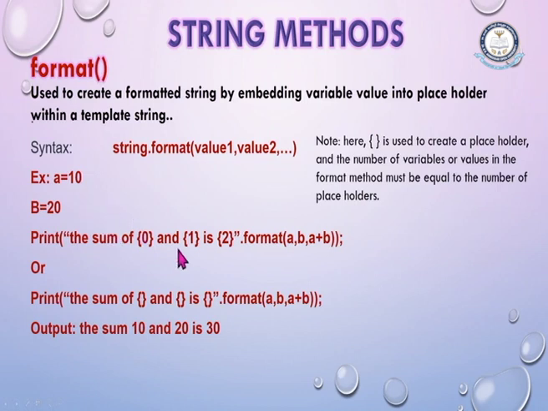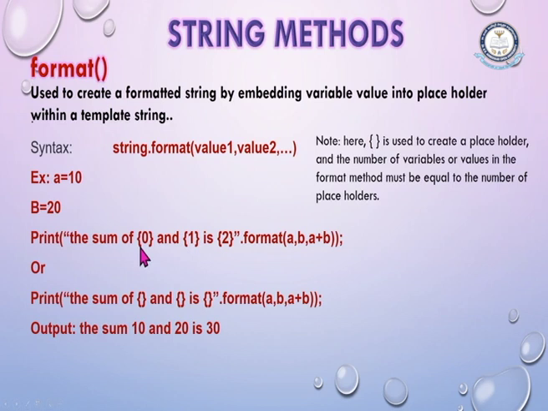Let us take the same example. We have two variables, a equal to 10 and b equals 20, and then I want to substitute these values in a string. I want to embed these values in a string. So, in the print statement, the sum of, inside this placeholder we are mentioning 0, 1 and 2, and these 0, 1 and 2 are going to be replaced with a value, b value and a plus b value. So, here the format method automatically formats this entire string by substituting a value, b value and a plus b value